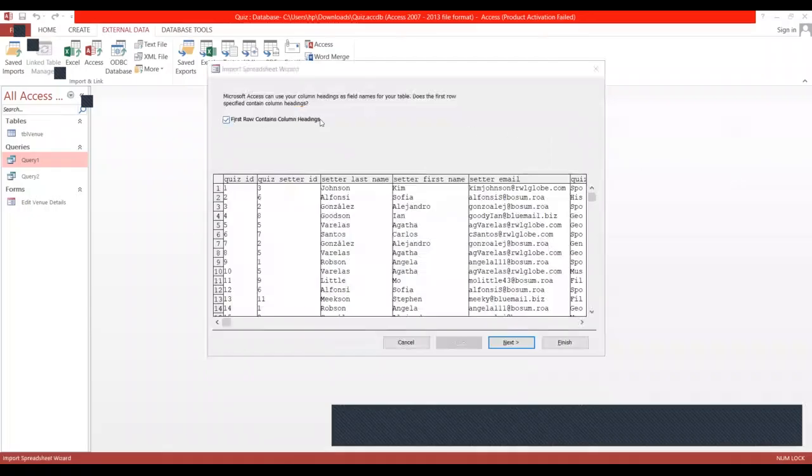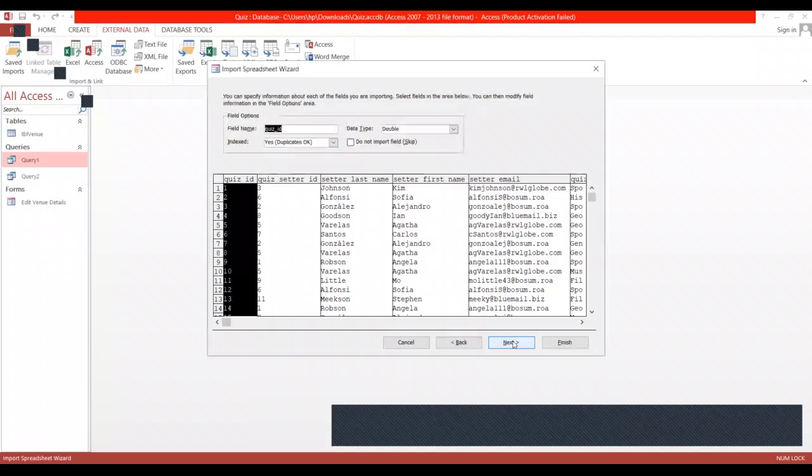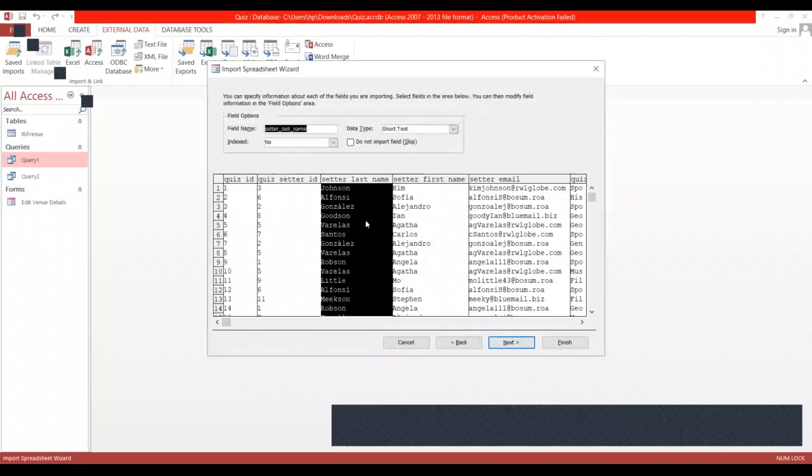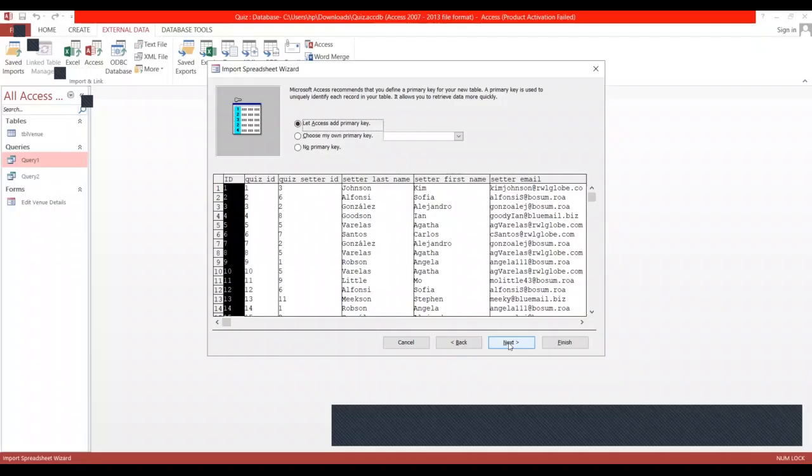First row contains column headings. Yes. Next. In this case, you can select individual fields and then change the data type, but I personally don't like that. You can do it, but I prefer opening the table and changing it there. So there's no primary key,